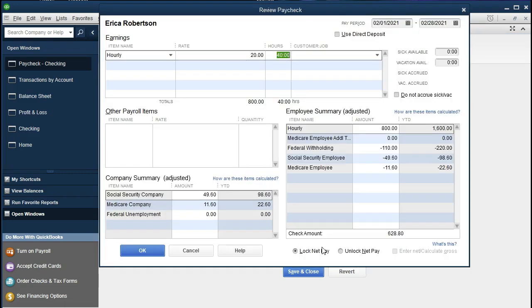So if we look at the detail, what we see in the accounts payable is the 110, what we owe for federal income taxes that we took out of the employee's paycheck, the 49.60 that we took out of the employee paycheck for Social Security, the 11.60 that we took out of the employee paycheck for Medicare, and then our portion of the 49.60 that we owe, and our portion of the 11.60 for Medicare that we owe. So if we close this back out